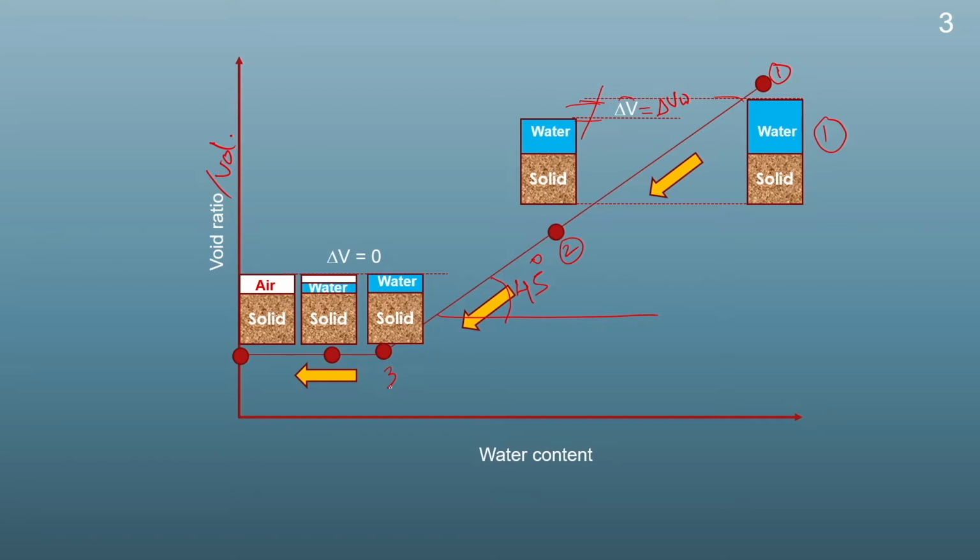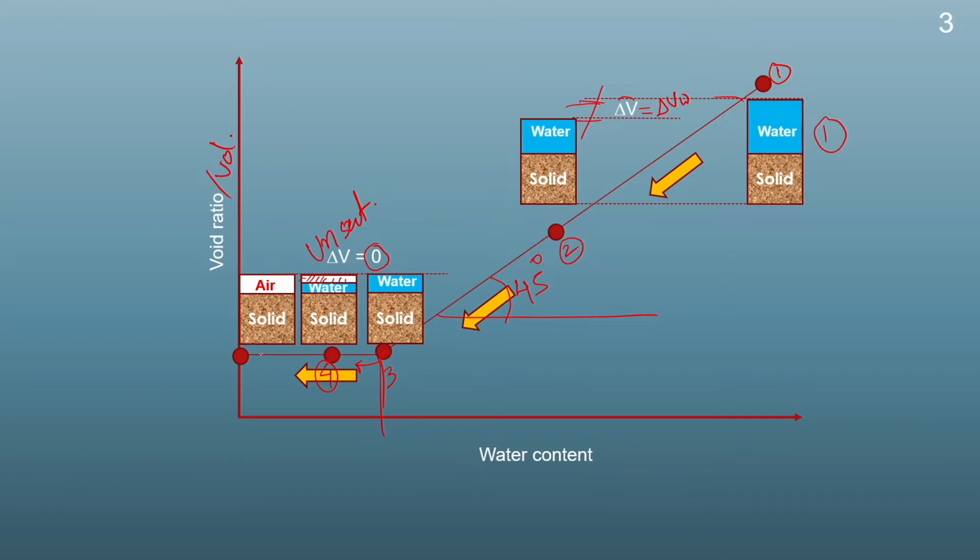If we dry the soil sample further from point 3 to point 4 onwards, the volume of the soil will not change. Change in the volume of the soil will remain 0. At this point, the air will start to enter into the system. Here we can see at this point the soil will be fully saturated. Beyond this point, the air will start to enter and the volume will remain constant. So, soil becomes unsaturated at this portion,